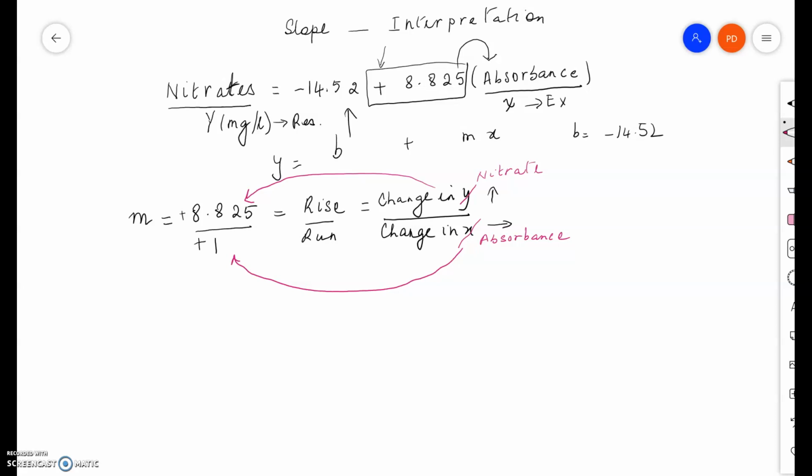So we'll start with the denominator, because only when x changes will y change as a response. So as the absorbance, which is the x, increases. Why do I call it an increase? Because that's a positive. By 1. In response, since y depends on x, the amount of nitrate